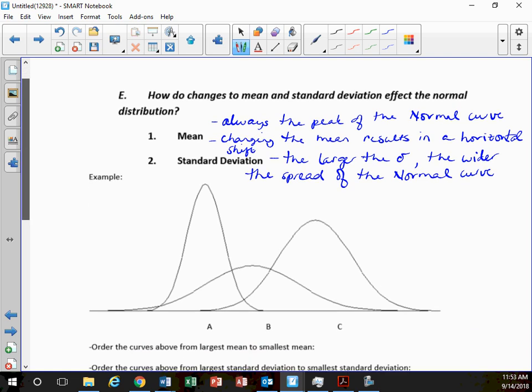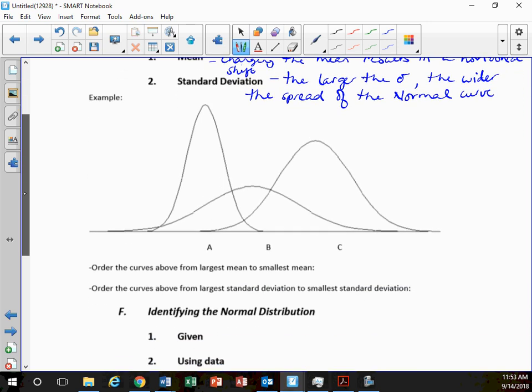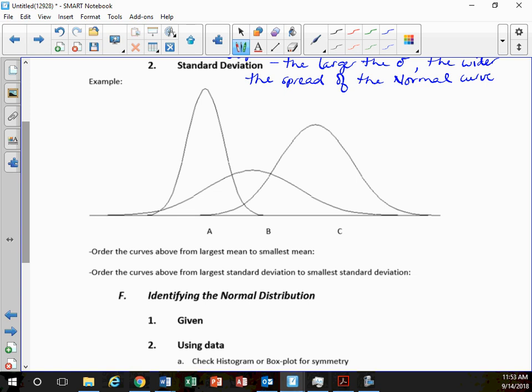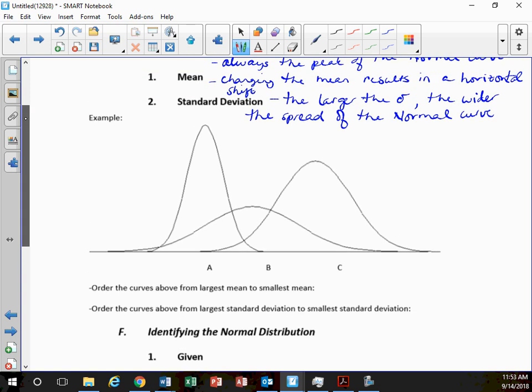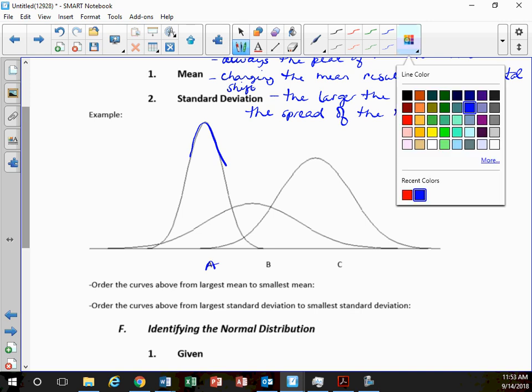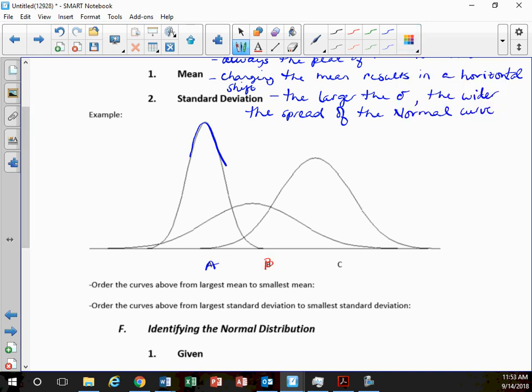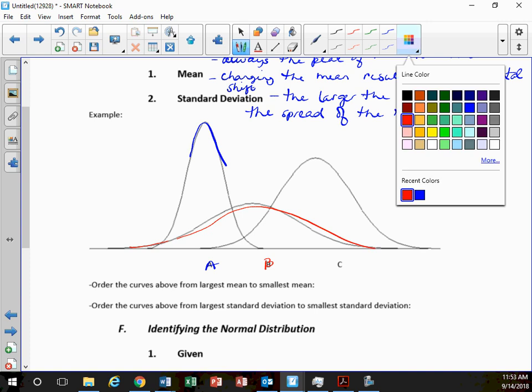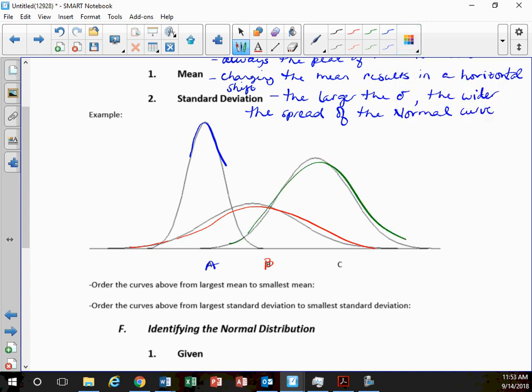All right, so looking at these three curves, can you guys tell which one's A, B, and C? Do you want me to color code for you? Wait, sorry, never mind. Do you need me to go back up there? What does the mean change? It's going to be a shift. Like if the mean increases, it shifts to the right. Yeah, it's a left and right horizontal translation. So A is this one, guys. B, this guy. C is obviously the other one.